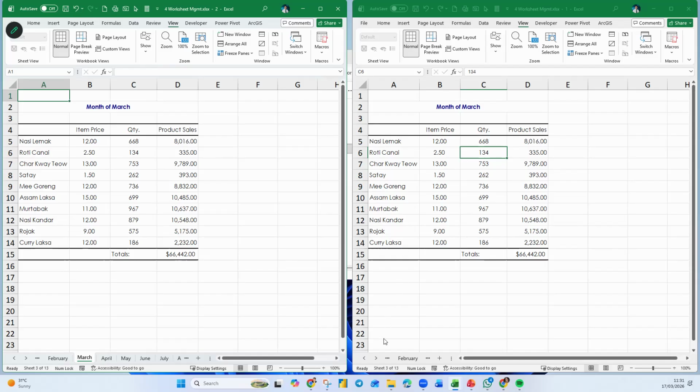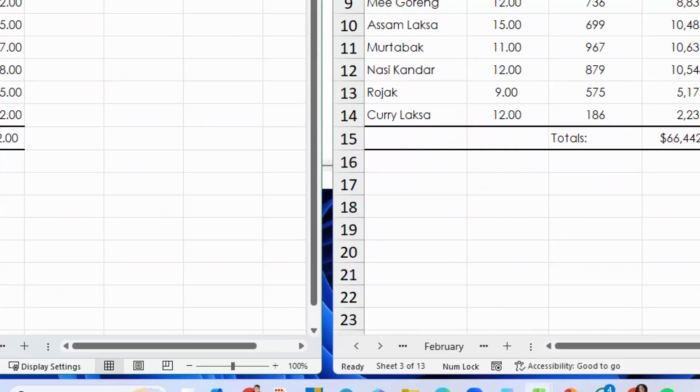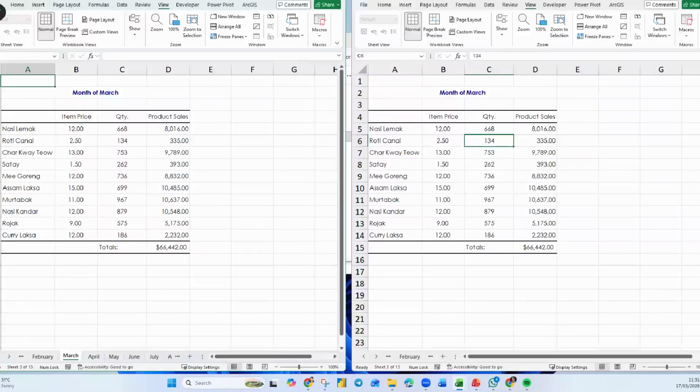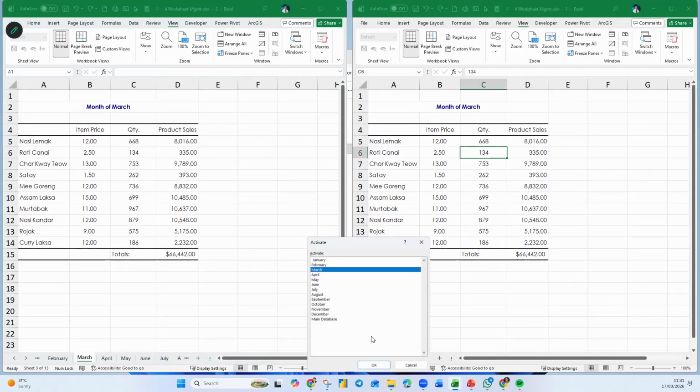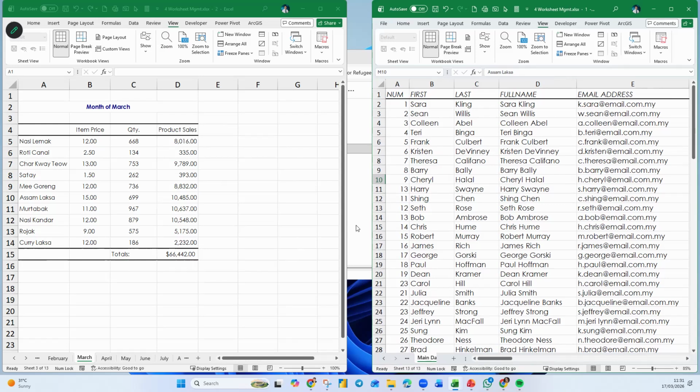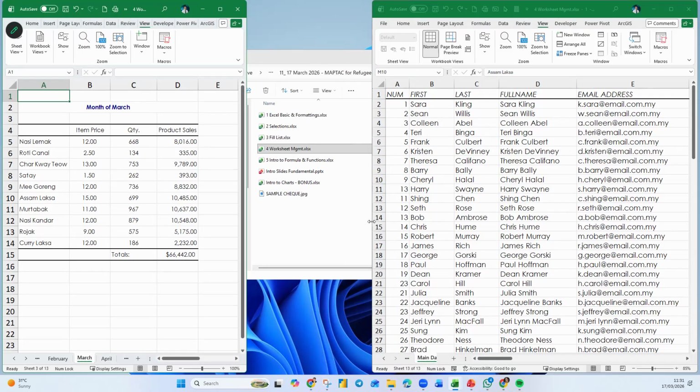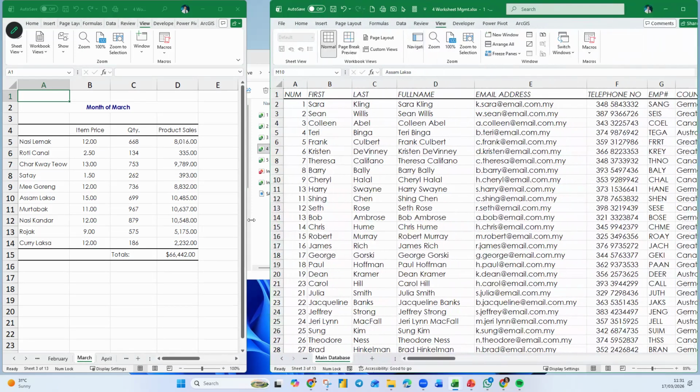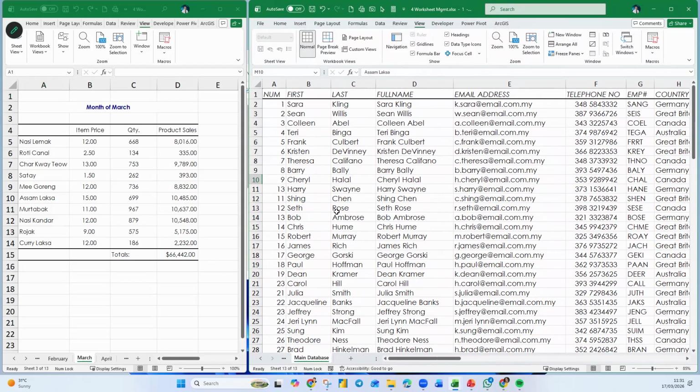So I come down here to the arrow. You remember this arrow? So you just right click this, go to the database. You're in your database. So now you can actually make this one smaller and then pull this one over here. So find what you need to find, then update over here. Find what you need to find and update. So you don't have to keep switching worksheets.